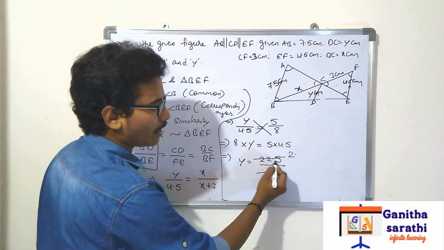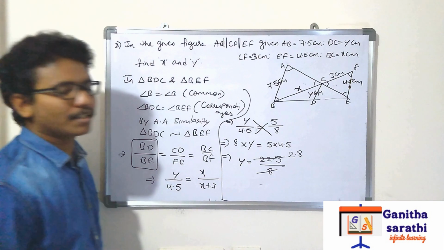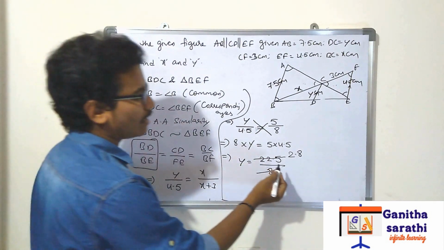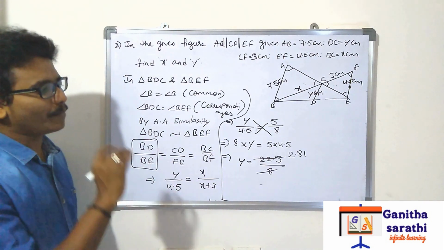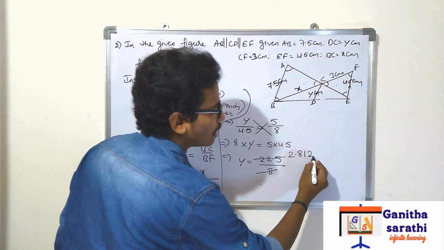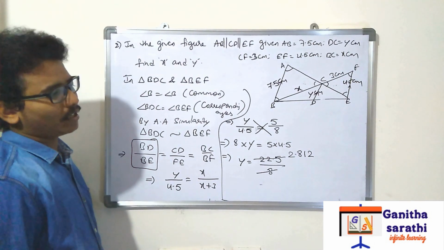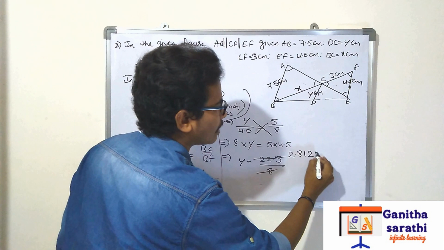If you put the decimal point, it will become 65. 65 means 8 8s are 64. Again, what is the balance? 1. So it will be 10. 8 1s are 8. Again, what is the balance? 2 means 20. 20 means 8 2s are 16. Next, from 20, 16, what is the balance? 4 means 40. 8 5s are 40.